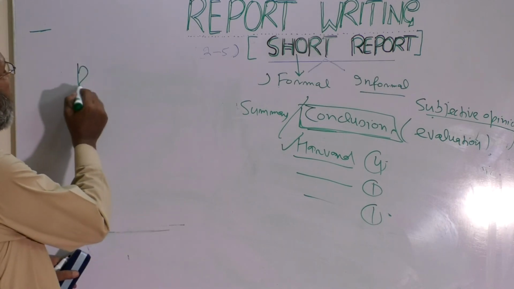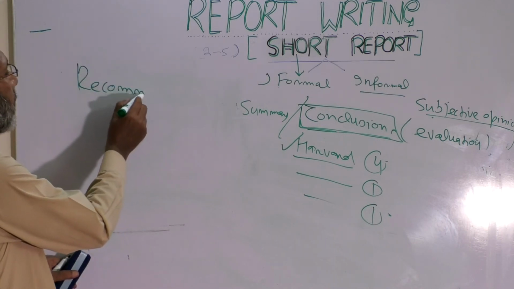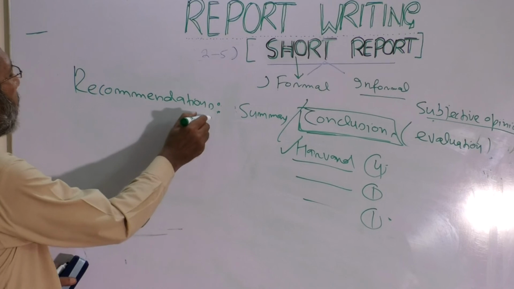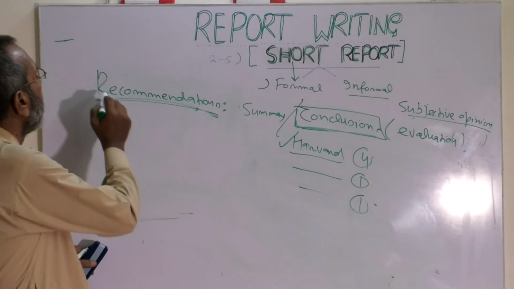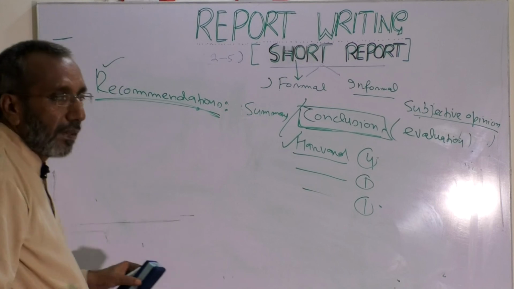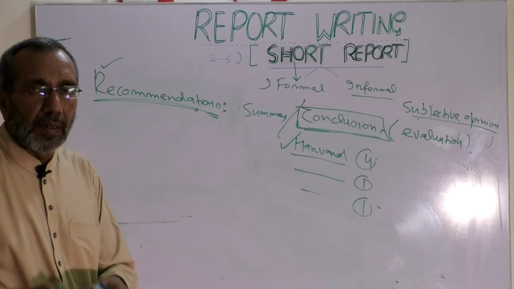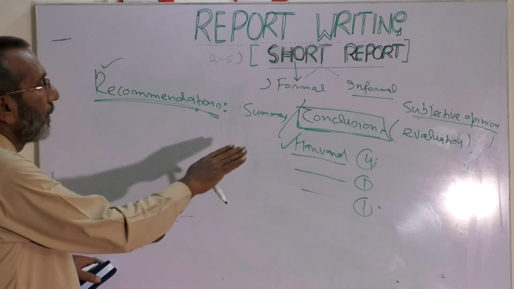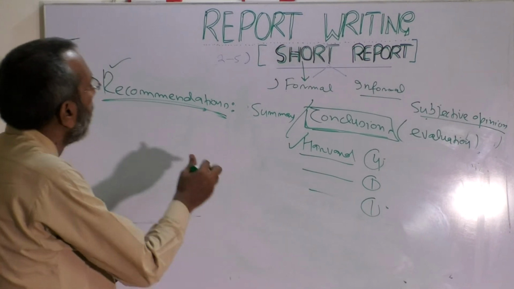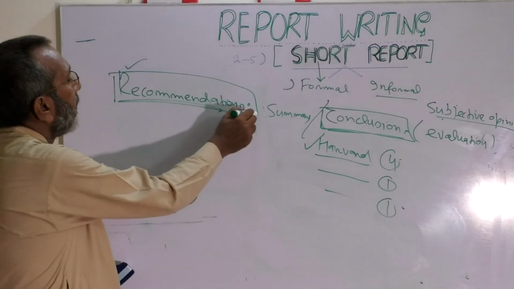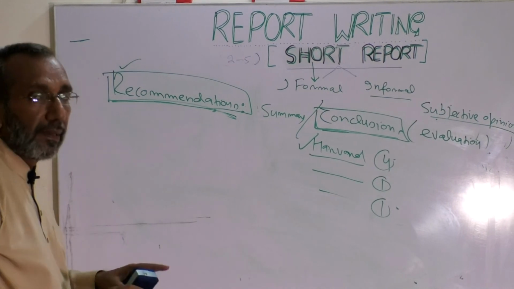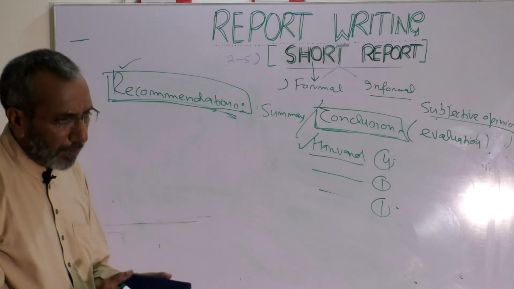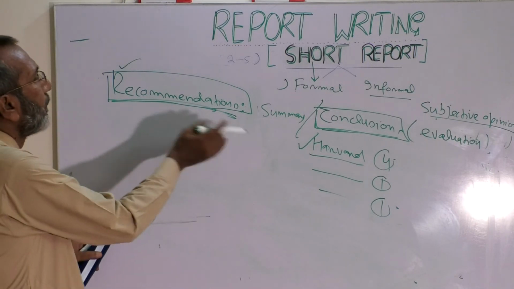So recommendations, I personally think it is the pivot of the report, in the sense that actually the purpose of collecting all that is this here, what to do now. So recommendation basically means what measures can be taken to solve this problem, what steps need to be taken to curb this thing. So recommendations are your suggestions on the basis of all that. Okay. As I've said earlier too, recommendations are compulsory part of analytical report when you analyze a thing. But in case of information reports, they might or might not be there. Okay. What's the way of writing recommendations?